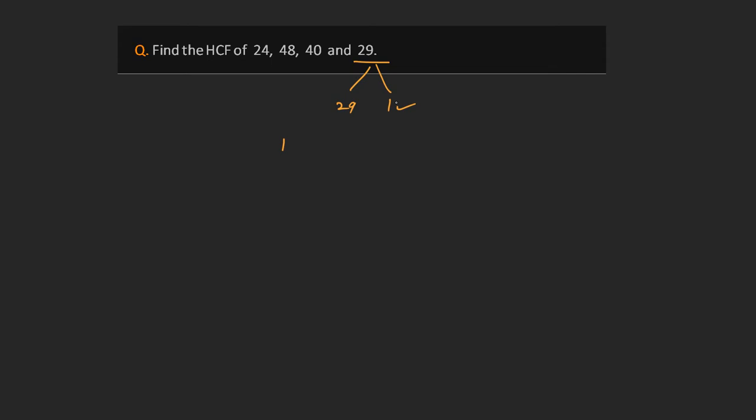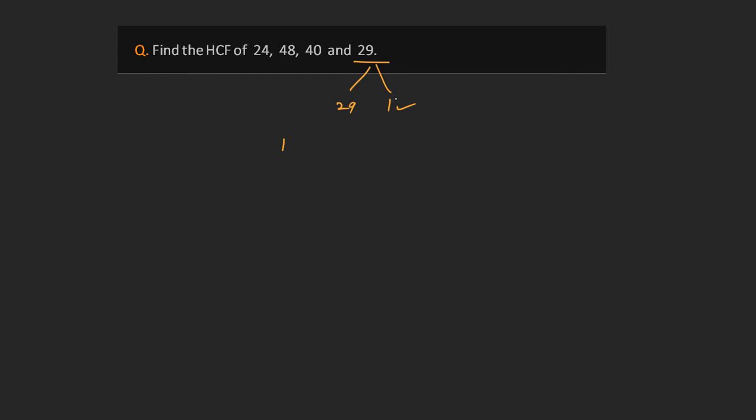So the takeaway is that if there is a prime number on the list, the HCF will either be that number if it divides all the others, or it will be 1. If there are two prime numbers, the HCF must be 1, because two prime numbers do not have a common factor other than 1. Okay? And I'll take this moment to suggest that you familiarize yourself with the first few prime numbers, at least up to 50. You should be able to quickly recognize a prime number when you see it. In several ways, it helps you get better with numbers.